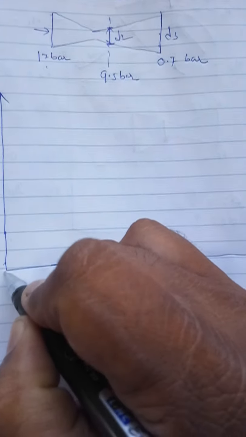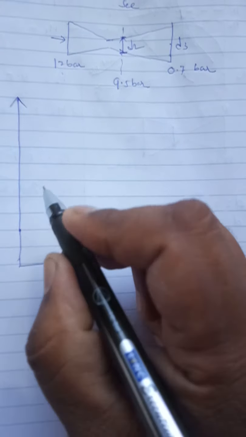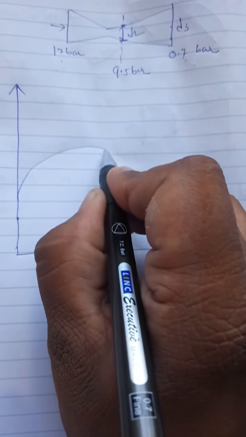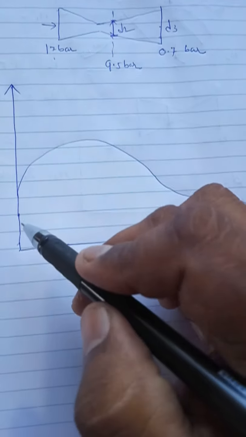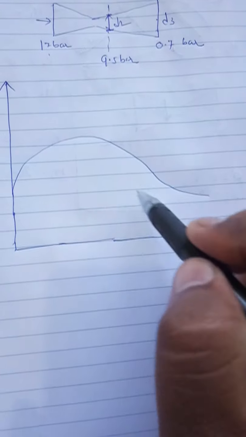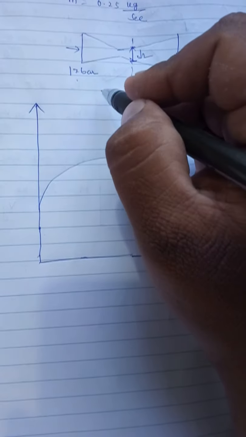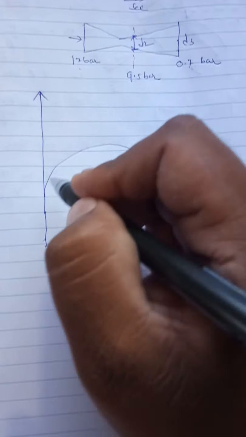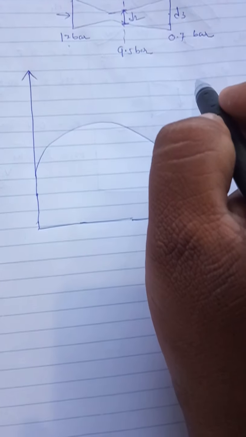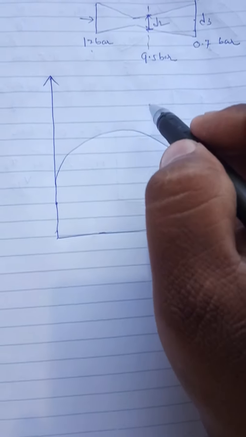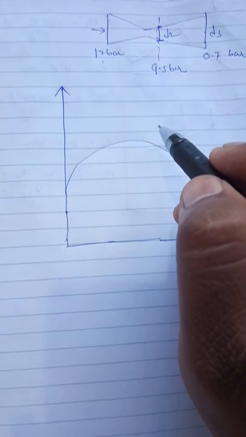The thick line which I am drawing now is purely a saturation line. From below this there will be x values, in this fashion, all the x values. And if I draw this one curved in this fashion, they will be pressure values. In this fashion if I draw, that is temperature values. Dotted lines will show you specific volume lines, right? So this is H and this is S.